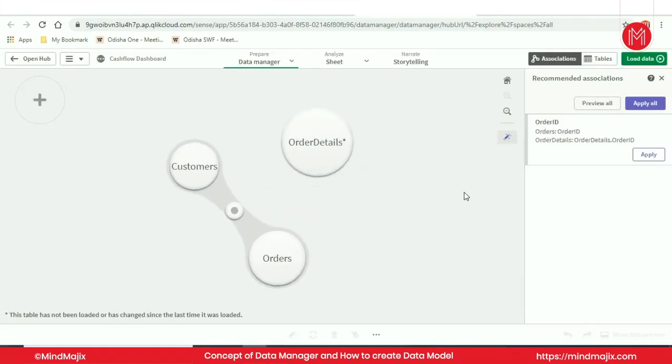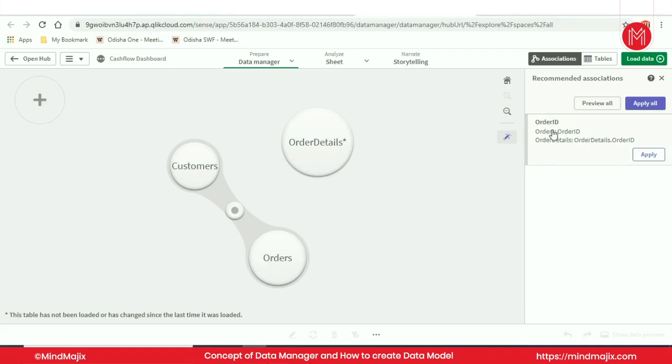Okay, now since I've added the table, Qlik Sense is intelligent enough to read the key fields of the tables. Like the order table's order ID has a presence in the order detail table. So if order ID of the order table is a primary key, the same order ID in the order detail table will be considered as a foreign key, right? This is what the database concept is. With this primary key and foreign key relationship using order ID, these two tables can be correlated or associated. So it automatically reads the key field and prompts whether you would go with it.